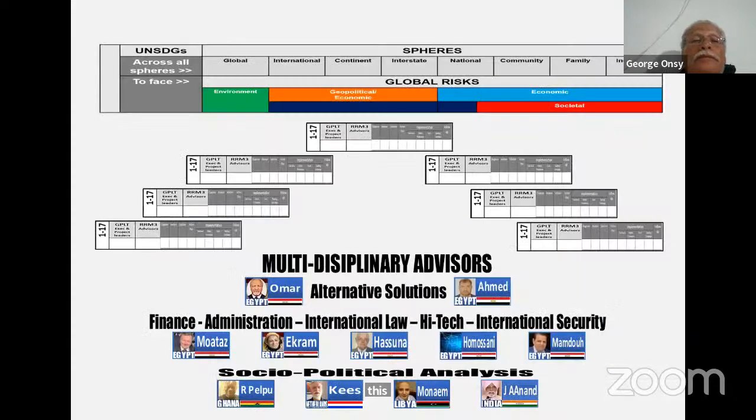Then here are the different tasks of people that we displayed before, but aided by a number of